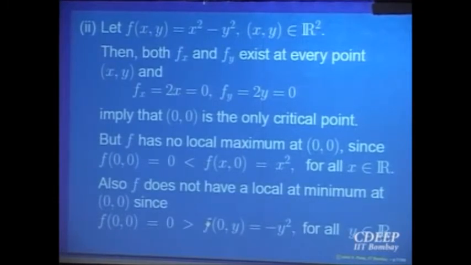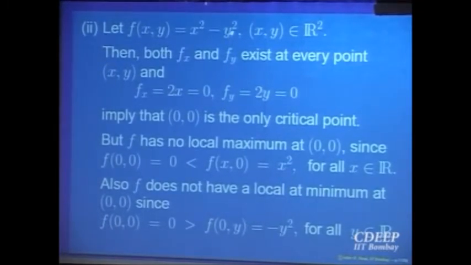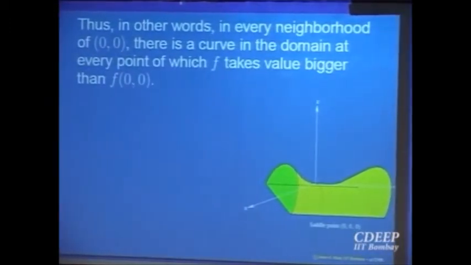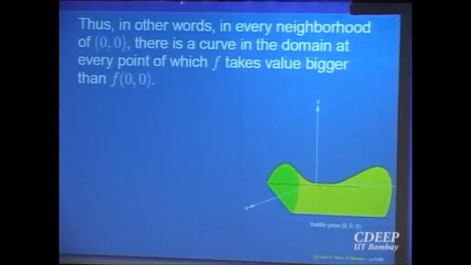Okay? And so I have written the values when you put y equal to 0 or x equal to 0. So what is happening in this case? When you put x equal to 0, what was your function? f of 0, y equal to minus y square, right, as a function of y, one variable. Along that curve, at the point 0, 0, all the values are negative, so there is a point of local maximum as a function of one variable, the variable y.